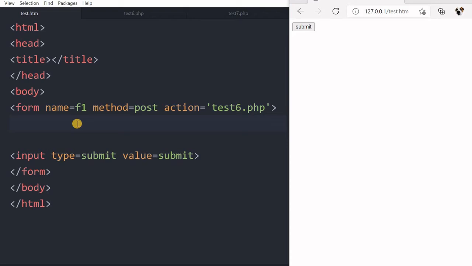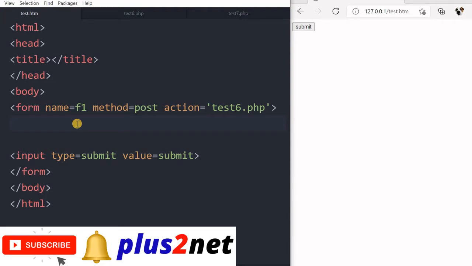Hi friends, we have learned all of the components of HTML form. Now we'll integrate all these components and create a simple form where you will understand how an integrated form is submitted and how the user input data is captured. In this we are not going much into the layout and style. We'll just use the components.